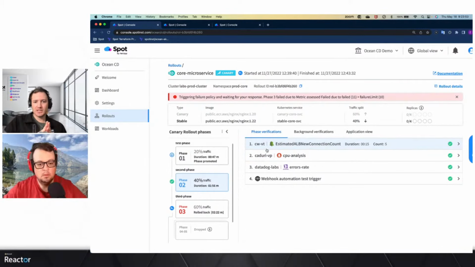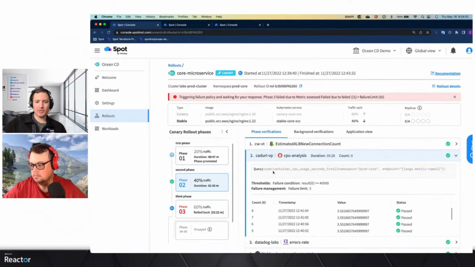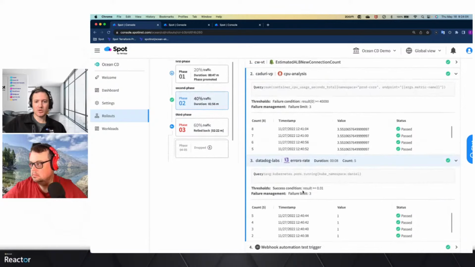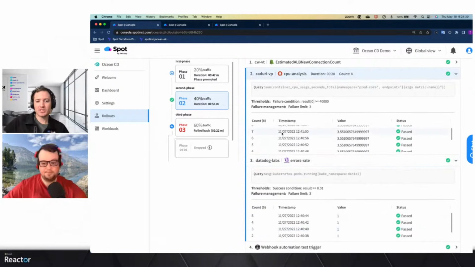So that next phase of this deployment is going to do a lot of different verifications along the way. You might be looking at different Prometheus queries, Datadog queries, and what these queries do once we get the data back is show how it's behaving, and if it meets your success and failure conditions, which you predefined. And if everything looks exactly how you expect, we move on to that next phase.